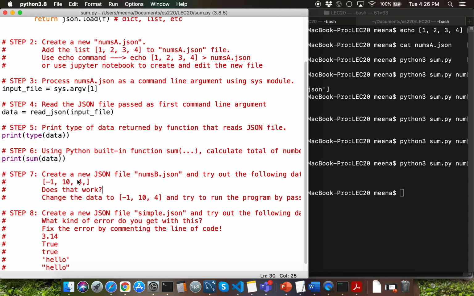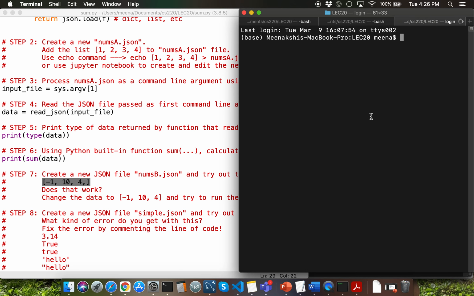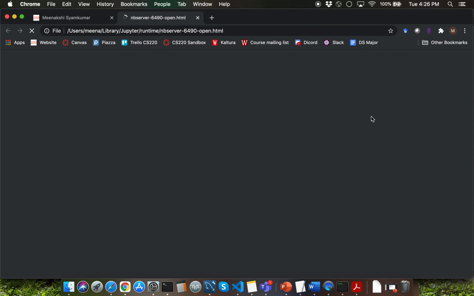Step 7 says create a new JSON file numsb.json, and we need to paste this particular list of integers into that file. I'm going to show you the second way of creating JSON files. Let me open a new terminal tab, and I'm going to launch Jupyter Notebook by typing in jupyter notebook.